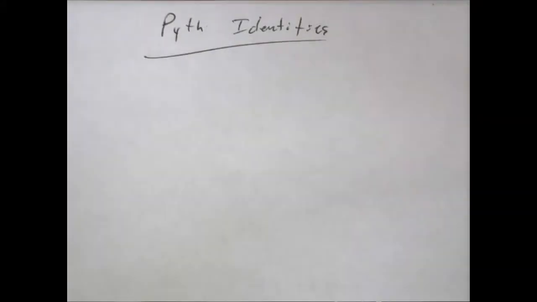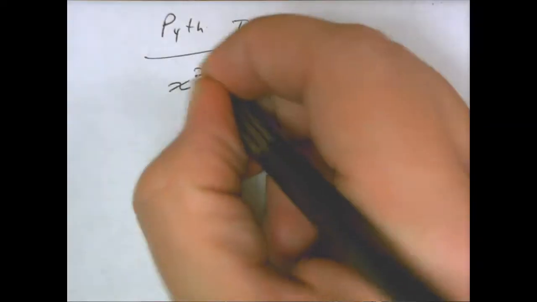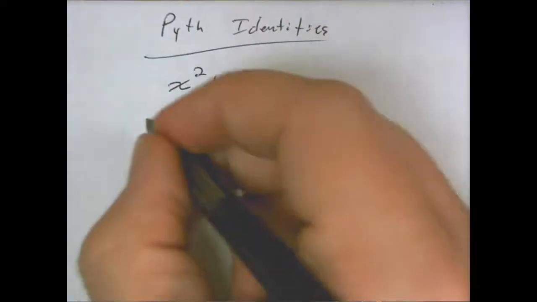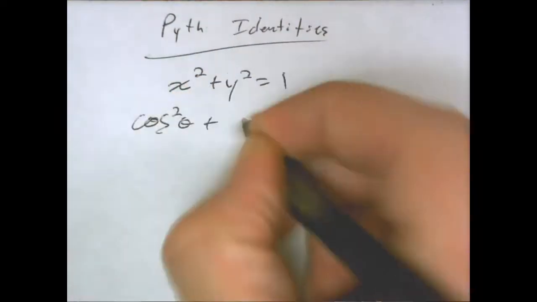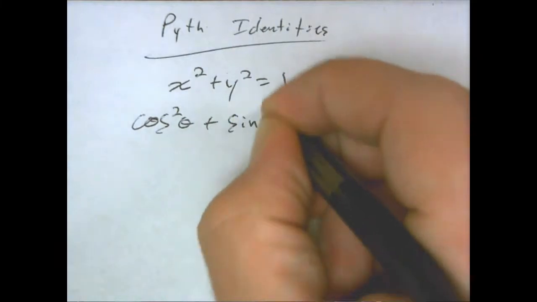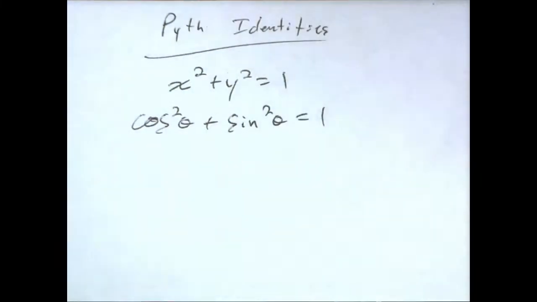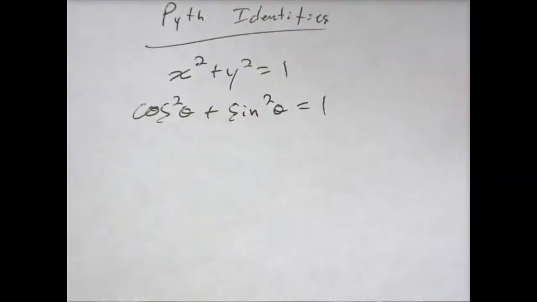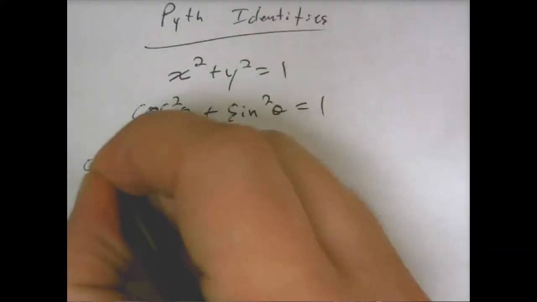Alright, so I'm going to teach you guys the trick for the Pythagorean identities right now. You knew that a unit circle is x squared plus y squared equals 1. Well, if x is the cosine, then this is cosine squared plus y was sine, so sine squared equals 1. Cool, my Pythagorean identity. So if you want to create the other identities from this one, the other two Pythagorean identities that you have, if you start out with cosine squared,